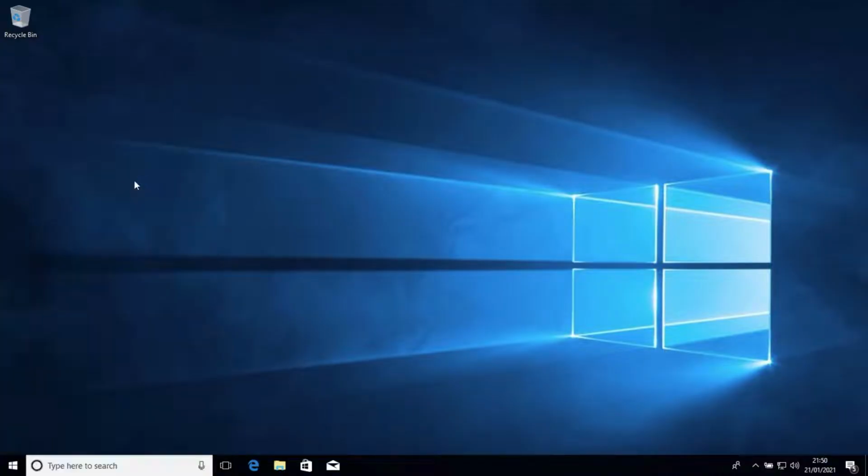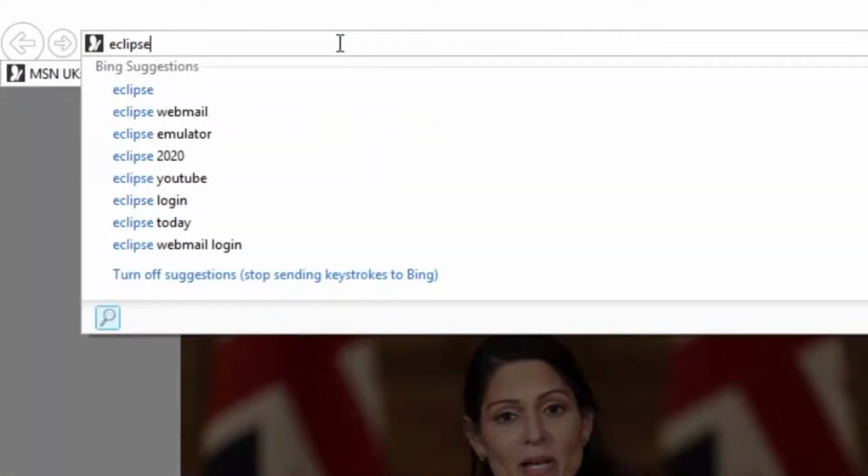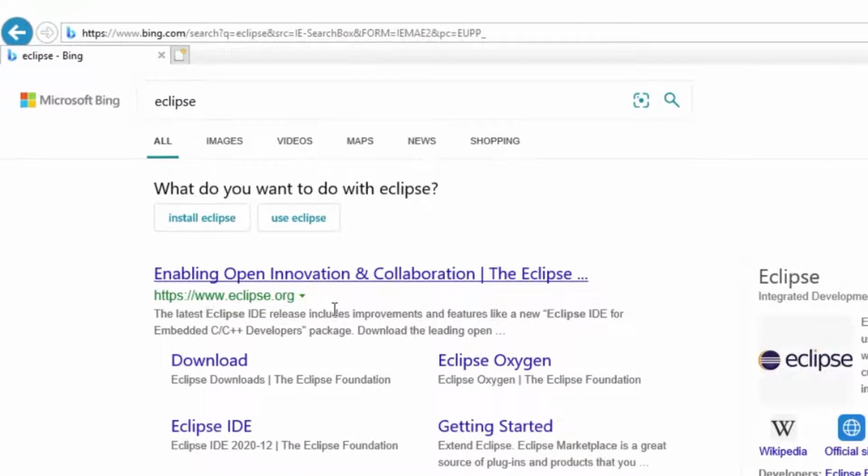Let's jump in now and install Eclipse, which is the best IDE you can use if you're a Java beginner. So if we go to Internet Explorer again, this time if we type in Eclipse, here we can see we're at the website for eclipse.org. It's the first thing that pops up, and we're just going to download Eclipse IDE.